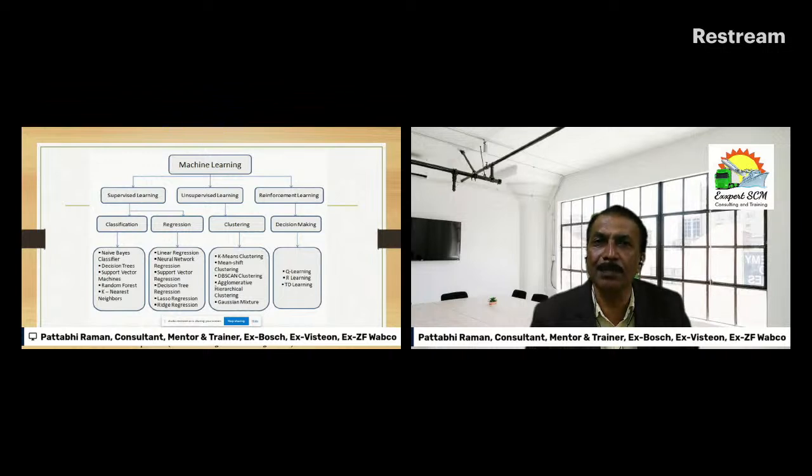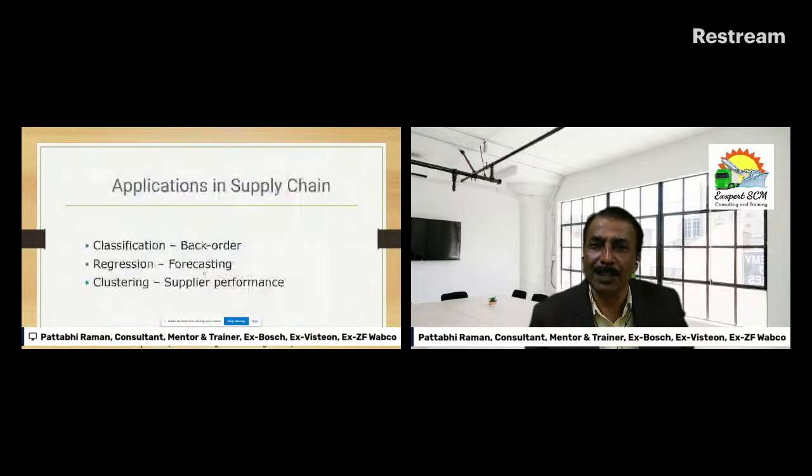Of course, it comes with a reward and penalty. So the system is able to learn based on the error of what it has done previously, and it incorporates the change so that the error is reduced. Of course, if you ask why these are required in supply chain, of course, in future, without having knowledge of